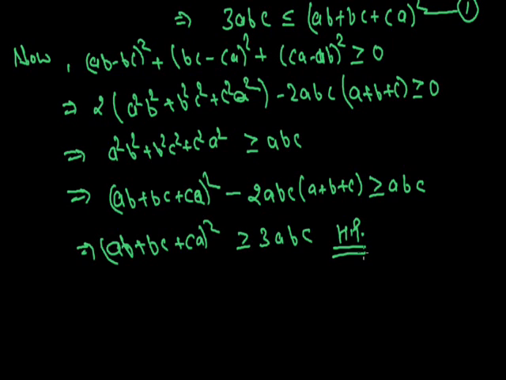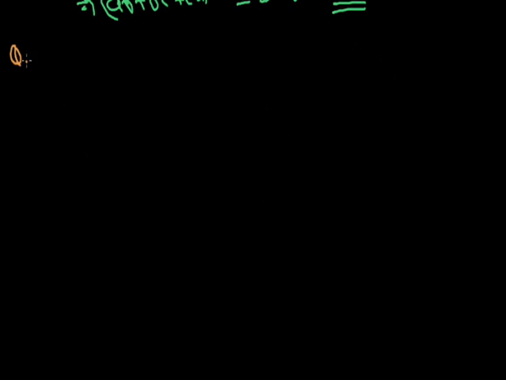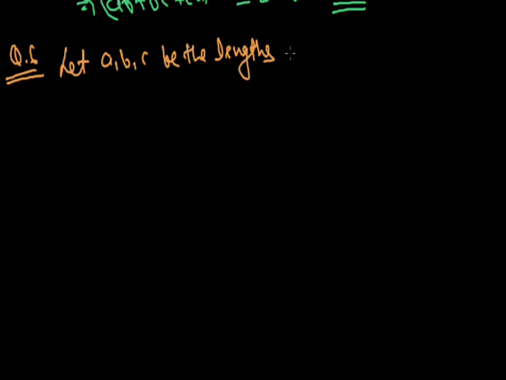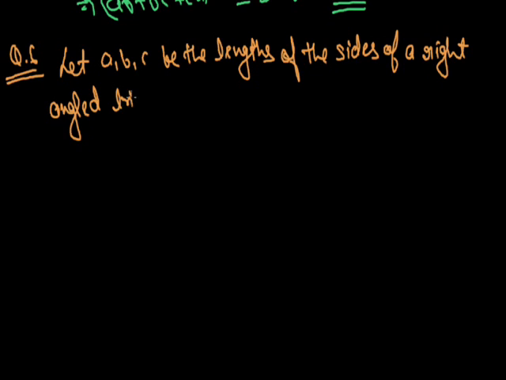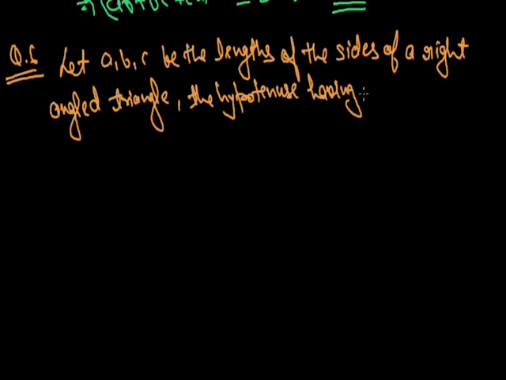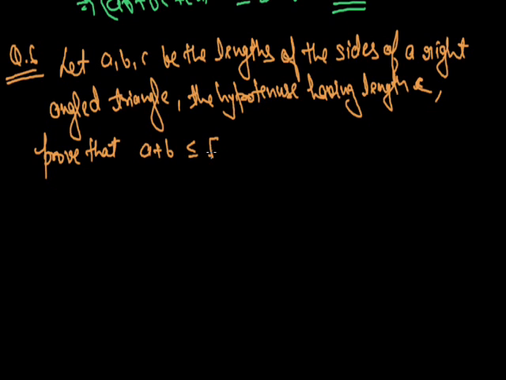That's all. Next question, question number 6. Question number 6 is given to us as: let A, B, C be the lengths of the sides of a right angled triangle, the hypotenuse having length C. Then prove that A plus B is less than or equal to square root of 2 C. To solve the above question, we know that